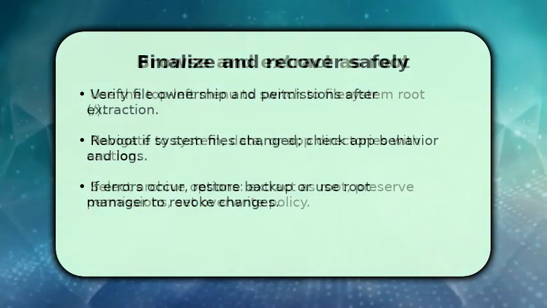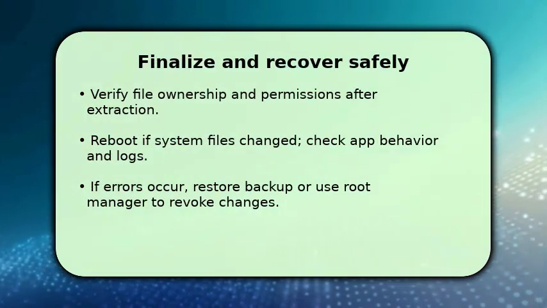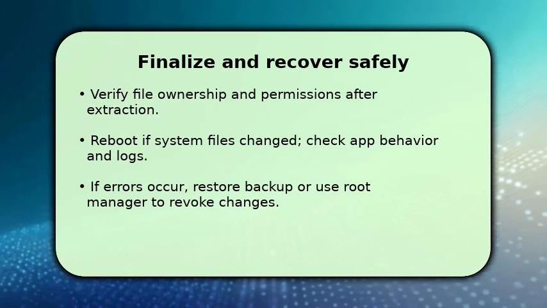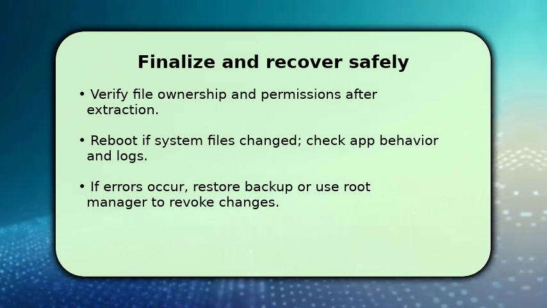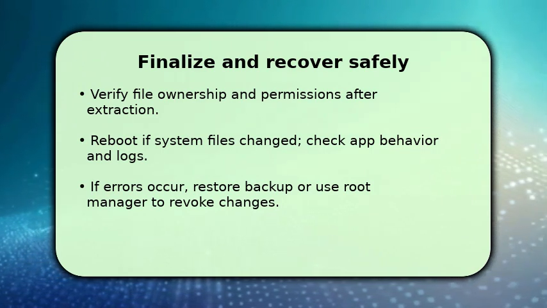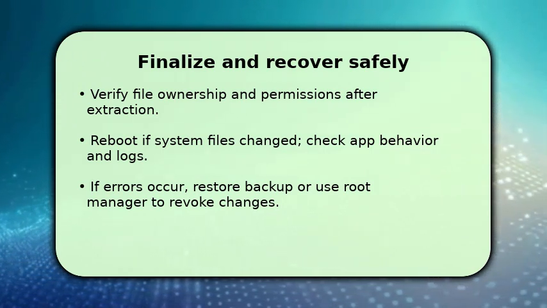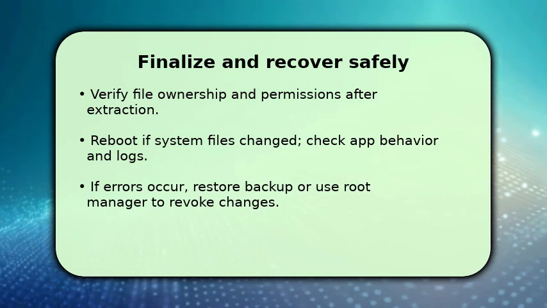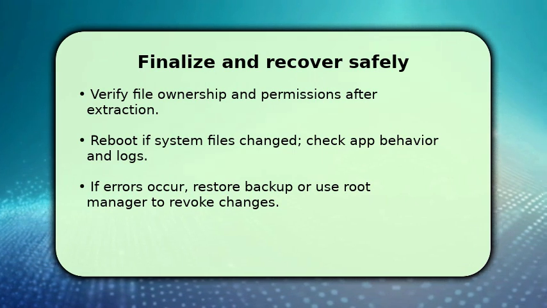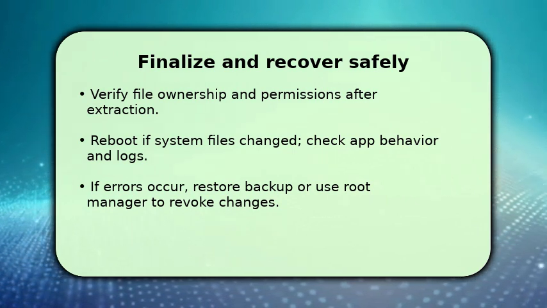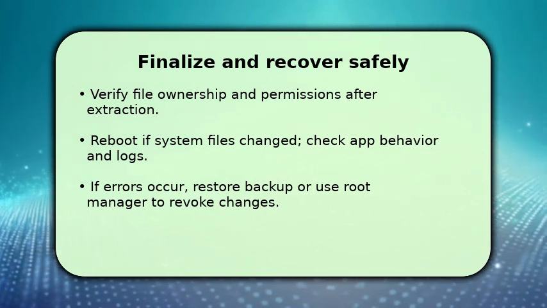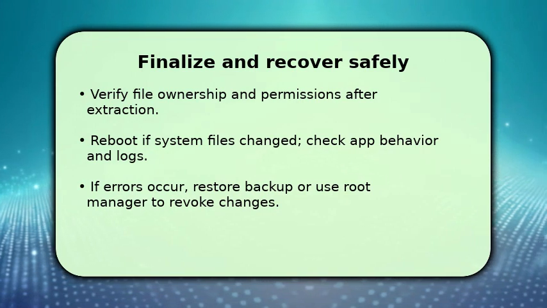You finish by verifying ownership and file permissions for everything you changed. Incorrect owners can break apps. After edits to system-level files, reboot to ensure changes apply and monitor app behavior and system logs. If something goes wrong, restore your backup immediately or revert using your root manager. That's your fastest recovery. One troubleshooting tip: if apps crash, check permissions first. Most failures trace to wrong owner or mode, and correcting those usually restores functionality without a full